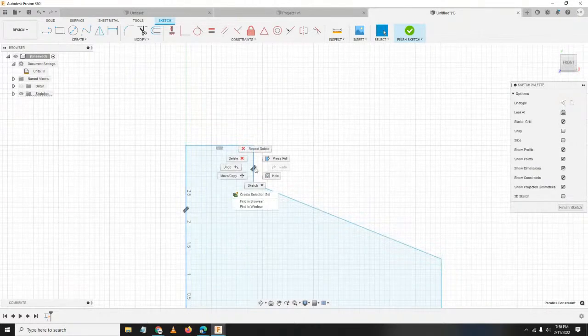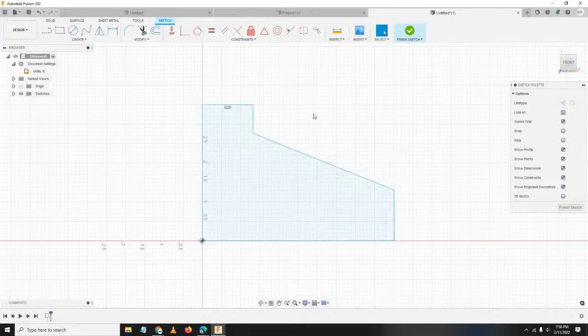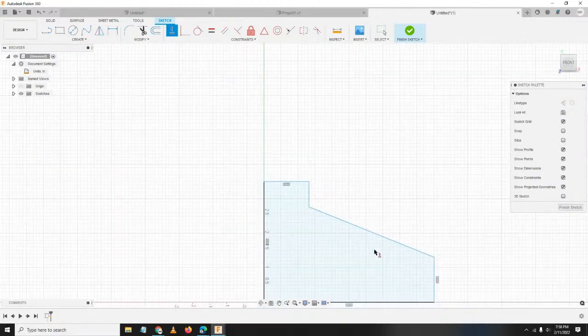Ayan. So, dapat lahat ng lines natin ay naka-horizontal, vertical. So, head over to constraints, selecting horizontal, vertical, selecting this line, this line, this line. Ayan. So, etong line na to ay meron na. Ayan no, meron na siyang symbol.